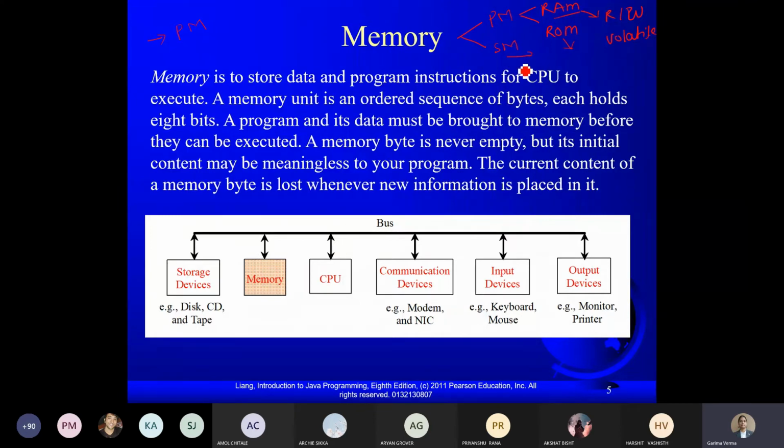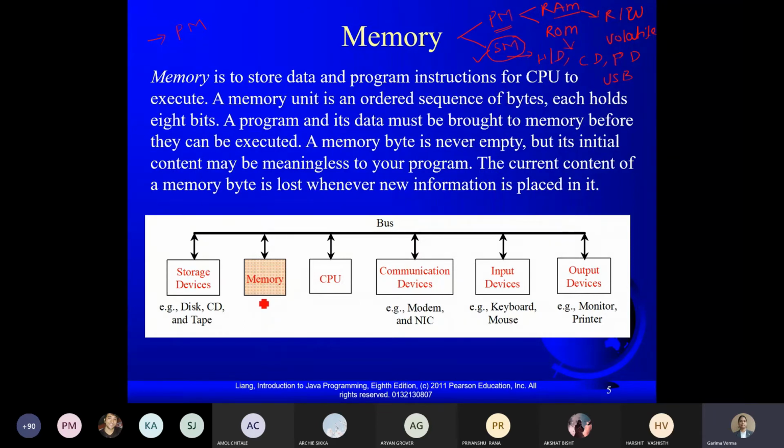Fine. Now what about the secondary memory? The primary memory only retains data while your system is on. So where will I save the data permanently? To save the data permanently, you require some extra memory. That is called secondary memory. It is in the form of hard disk, CD-ROM, pen drive, USB drive. Any type of flash drive or hard disk you use to save your data permanently comes under the category of secondary memory. Fine. So your memory is of two types.